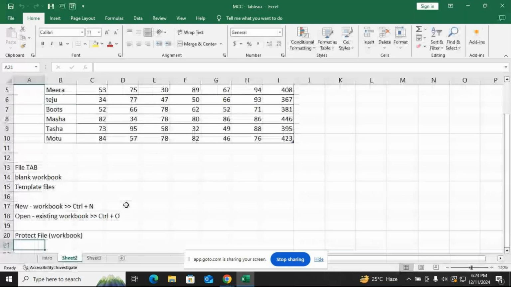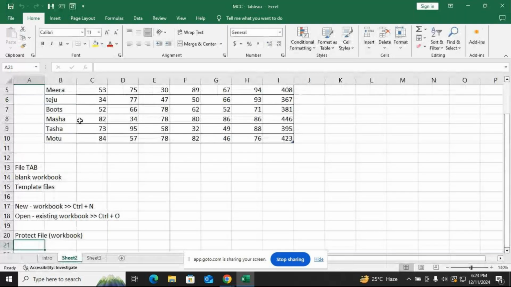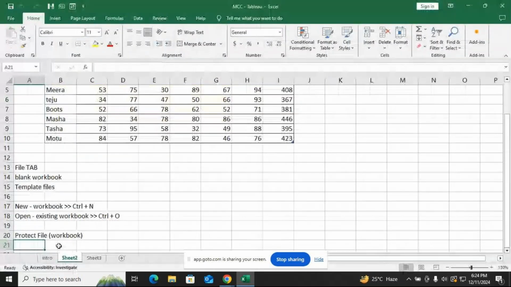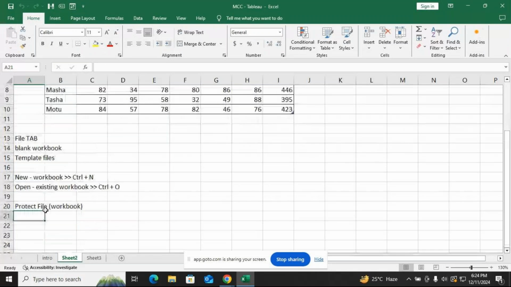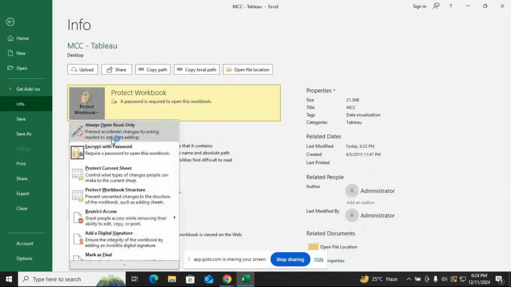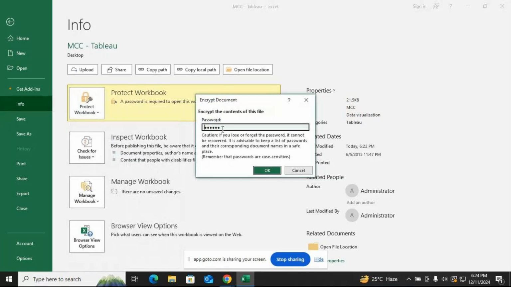So now the file has been reopened. Now see, you can find this option, Info, Protect Workbook. What if I want to remove the password or change the password? Let's go here: File, Info, Protect Workbook, Encrypt with Password. I have this old password; to remove or change it,